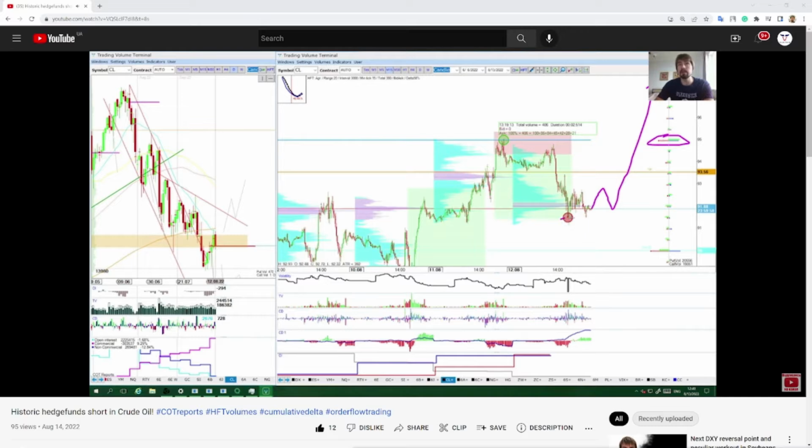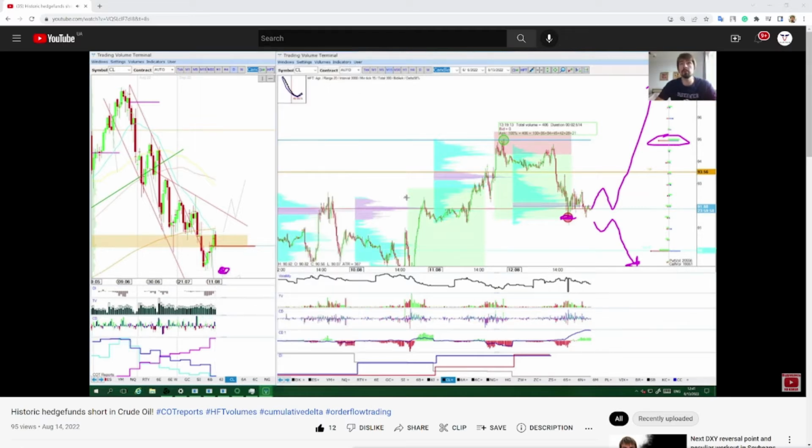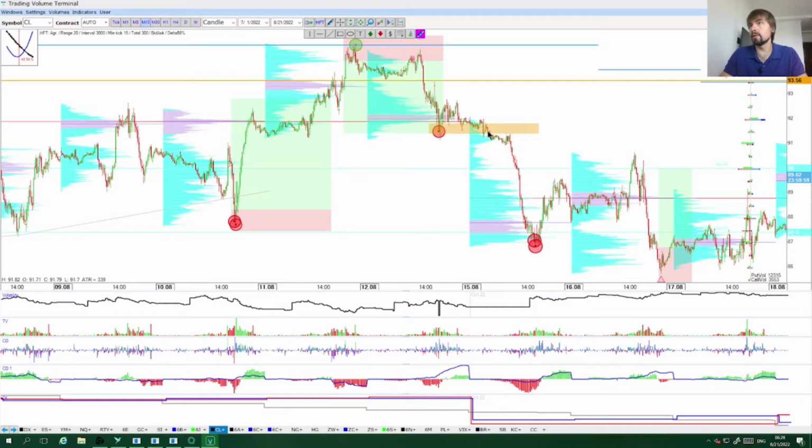But if the price breaks this HFT level and makes a retest, we can have a shorting opportunity here, and the price can go to the lower boundary. So traders, be very attentive with oil, because for day traders and swing traders it will give good opportunities next week. As you see, traders, at 10 o'clock in the morning the shorting scenario was realized and even exit